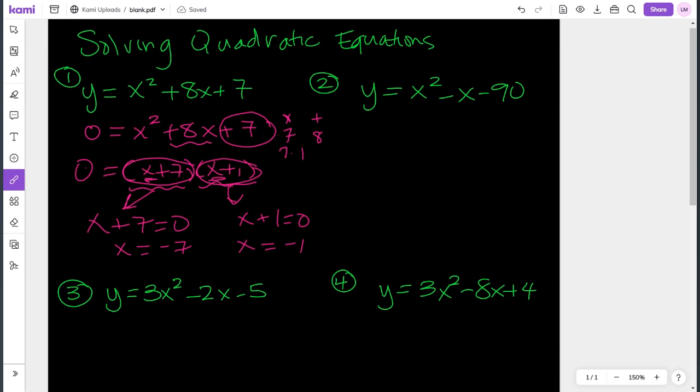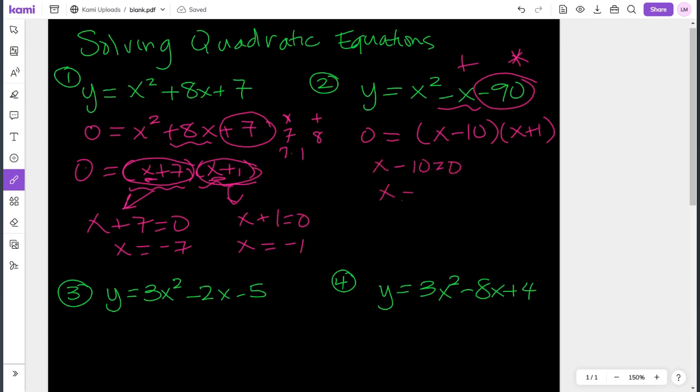All right, so now that you're back, hopefully you said you want numbers that multiply to be negative 90 and add to be negative 1. And so those numbers would be negative 10 and positive 1. Then I set each factor equal to 0 and add 10 to both sides, set this factor equal to 0, subtract 1 from both sides,